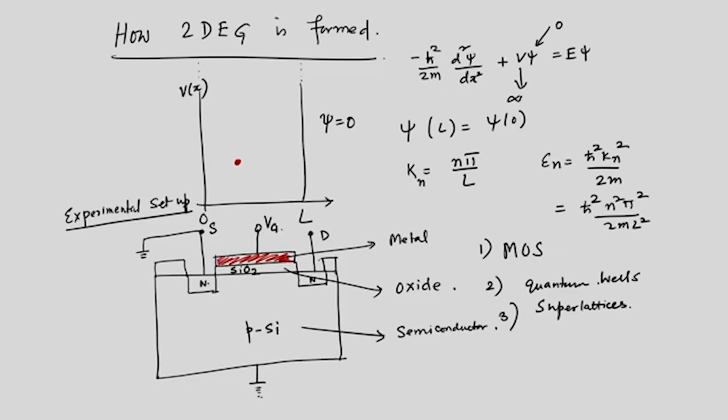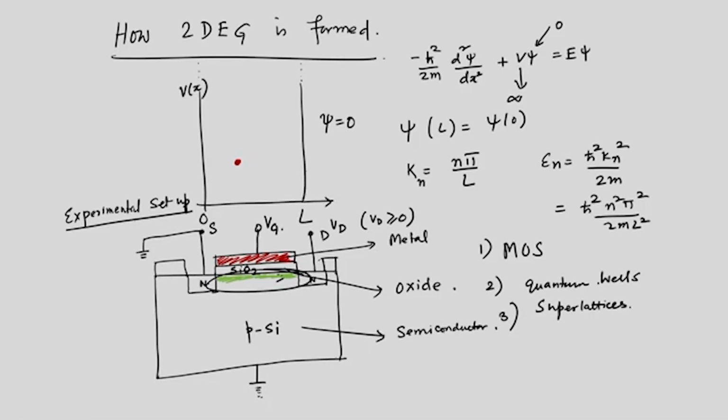So, there is a Vg that is applied, the source is of course drained, and there is a Vd that is applied, and Vd is positive. So, this is positive, and there is a gate voltage. Then in this region, the electrons start flowing between the source and the drain, and they cannot escape because of the presence of the semiconductor. So, they make a 2D electron gas in this region itself,